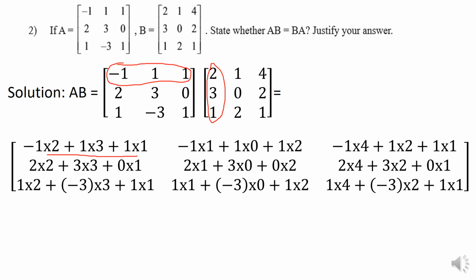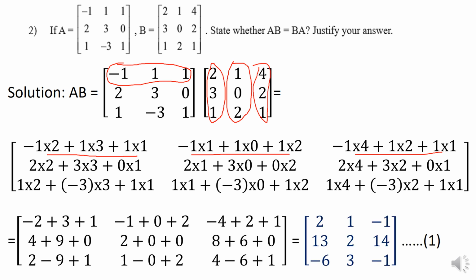The same thing is then done for the second column of the second matrix and the first row of the first matrix to get these elements over here. And the same thing is done for the third column as well, and so on and so forth, to get all these elements which are obtained over here. Okay, thus we get the answer like so. By doing all these multiplications and the corresponding additions, we get the answer for AB.